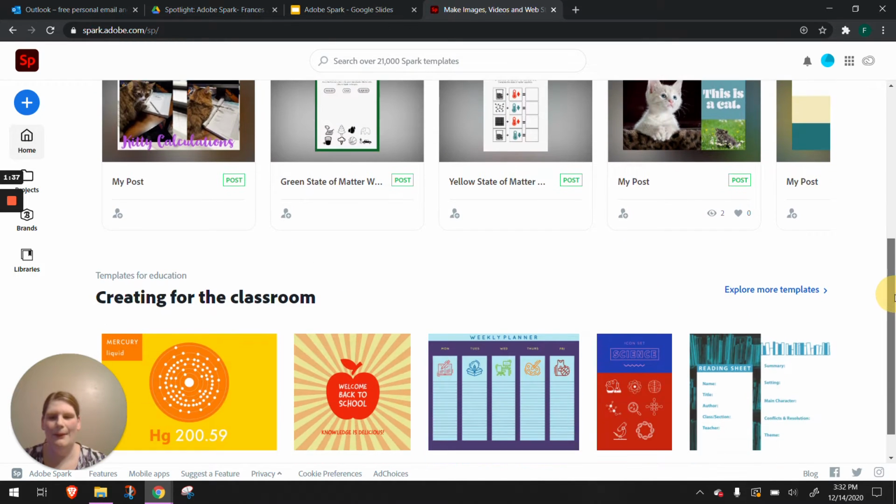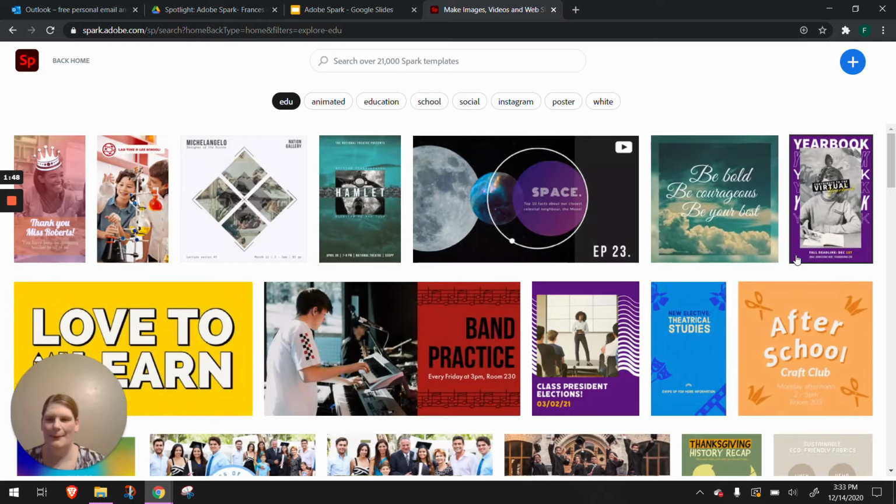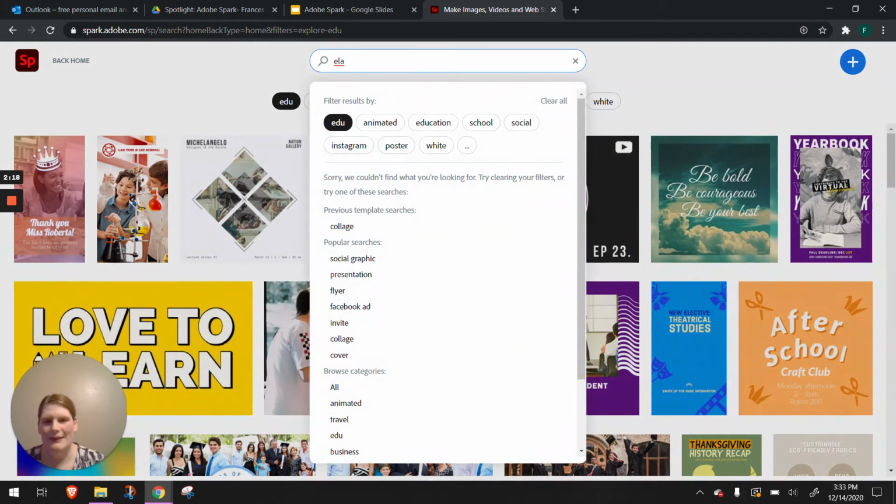If you go down on the page, it will give you some examples of what you could do for creating in the classroom. If you want to explore that more, you could explore more templates. So if we click explore more templates, it's going to come up with a bunch of different templates that could work for you. Now, everything's not going to be specific to you. On the top, there's a search bar, so you could search any information. Now, they give you some filtered results because we're education, so it'll be EDU animated education. So these are some already filtered, but if you wanted to do something on ELA, you could type ELA,